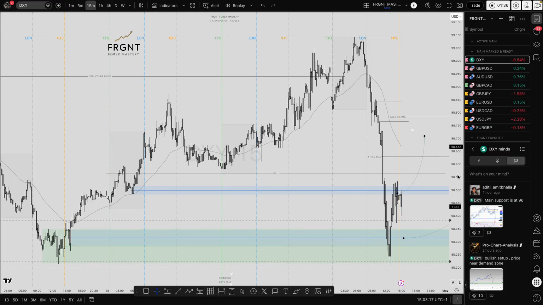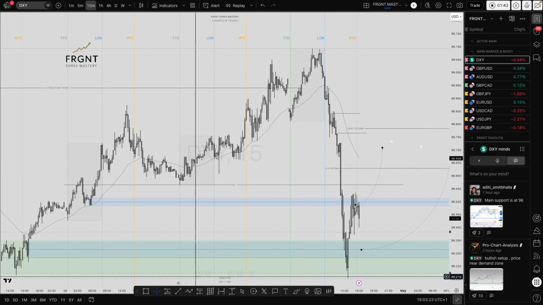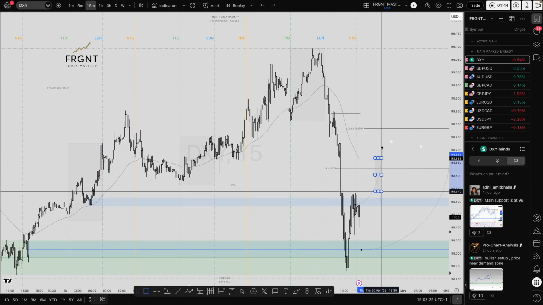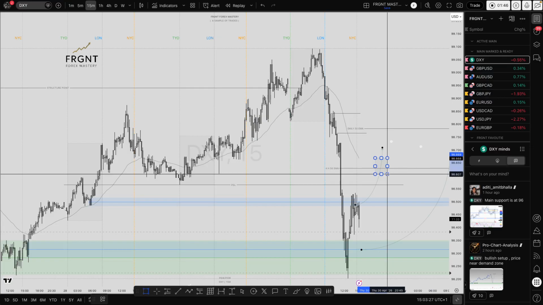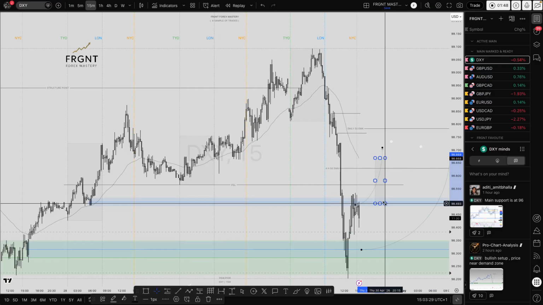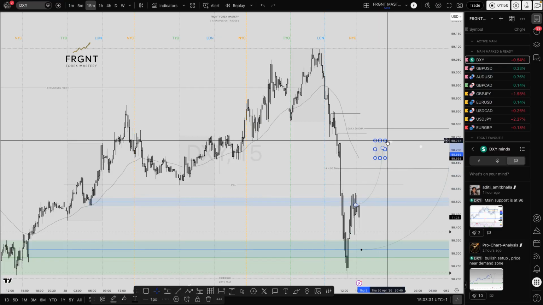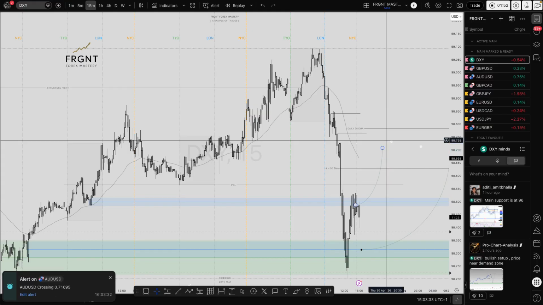So as a result, I put that 15-minute order block in and around that area of the 4-hour 50 EMA, hoping for that 4-hour candle to do something similar to this: breach the 4-hour 50 EMA, find the liquidity underneath, and then push towards the upside and close above that 4-hour 50 EMA. So that was the intention.